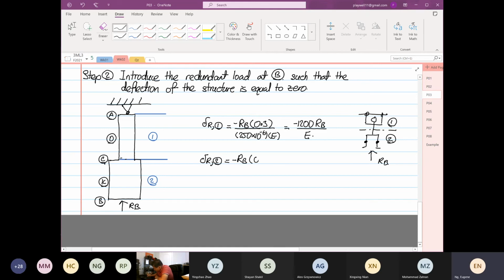RB. The length is 0.3, and the cross-sectional area is 400. So 0.3 divided by 400 to the power of minus 6 is equal to 750 RB. Then we're going to do summation of forces: the deflection due to the redundant load will be equal to minus 1200 RB over E plus minus 750 RB over E. So it's equal to minus 120 plus 750, which is minus 1950